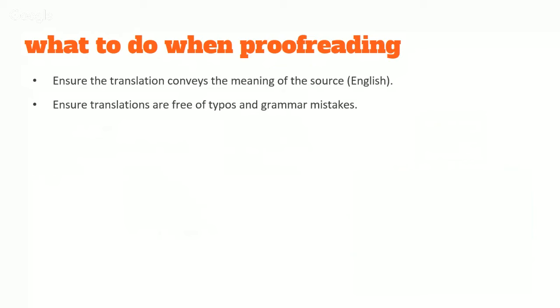But as a proofreader, you have to really come in with a critical eye. Another thing a proofreader is expected to do is make sure that terms are consistent throughout the document. It's easy to miss that when you're a translator. So being able to go through and make sure that product names are consistent and phrases are consistent and that the voice sounds correct throughout the whole document.